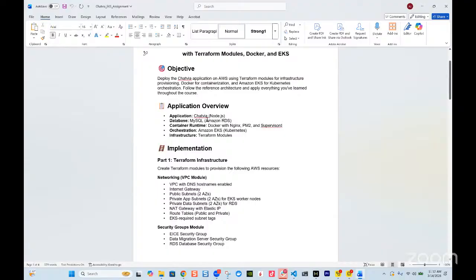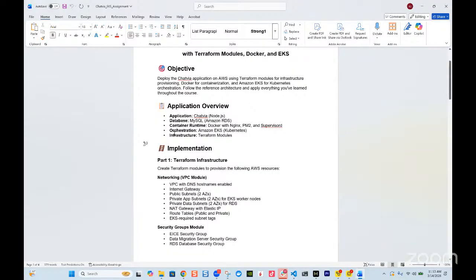The application overview: another twist to it is the application is written in Node.js. So it is not the typical PHP application we've been deploying. Other than that, it's the same concept, the same process as your PHP.